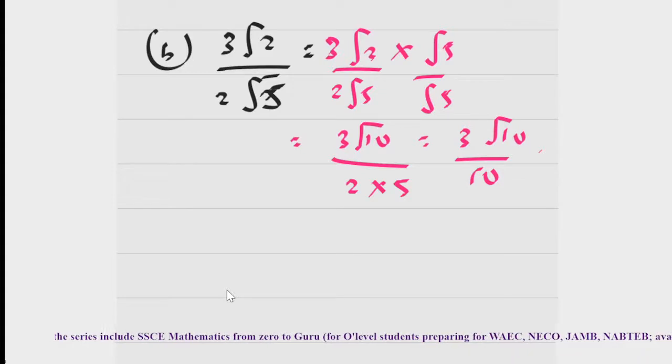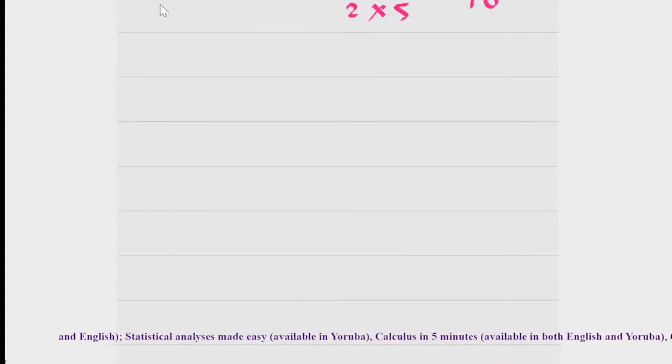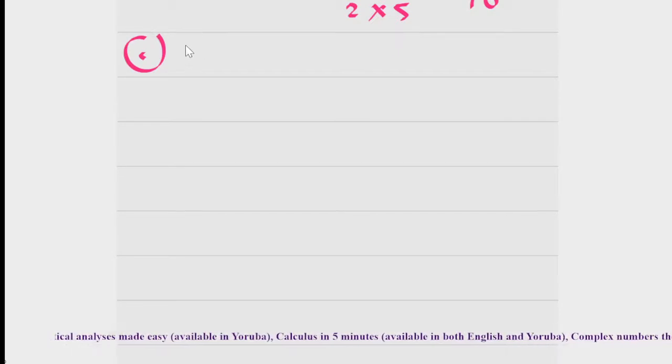If need be to what? To get rid of the denominator, the surd and the numerator. So if that is clear, let me give you one more example. I think this is a WAEC question. Example, the question says,